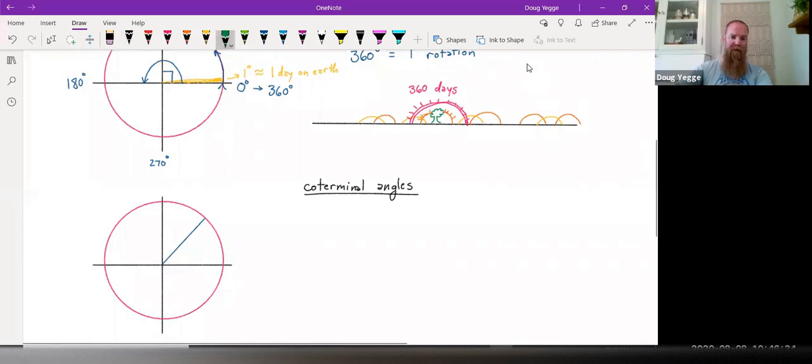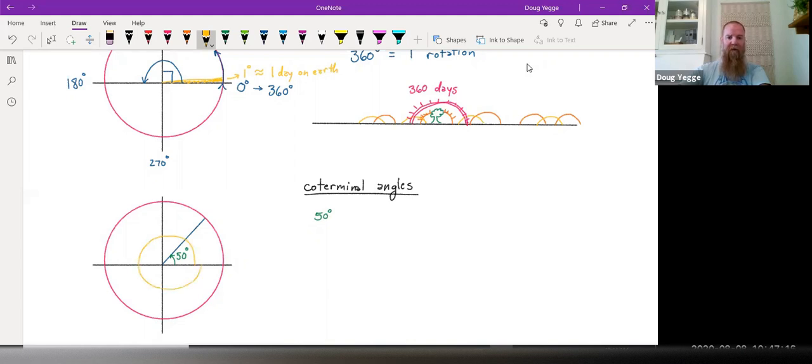Now let's say that we have this angle right here, this angle theta. And maybe that angle is a little over halfway into the quadrant. Halfway would be 45 degrees or half of 90. So let's just say that this is about 50 degrees, okay? So 50 degrees would be this angle, but notice that was starting at the angle of 0 and rotating up and around this way. Now, what if we were to look at a different angle that still ended at this exact same place? So perhaps we look at this angle right here that rotates all the way around